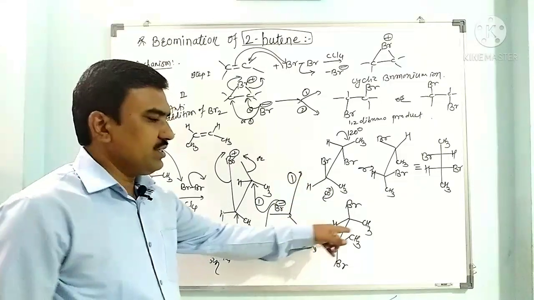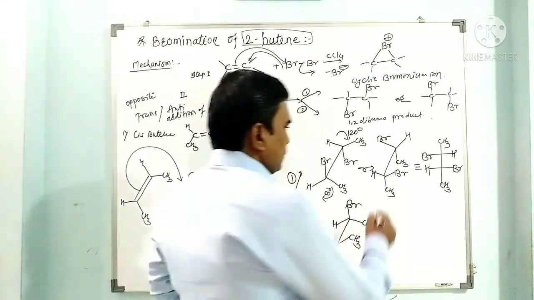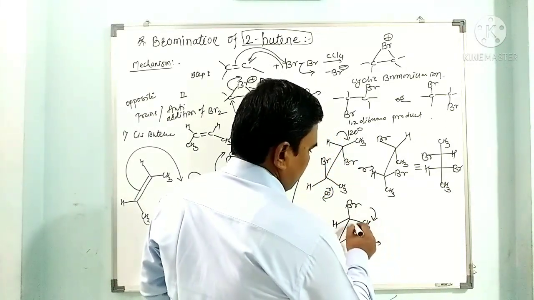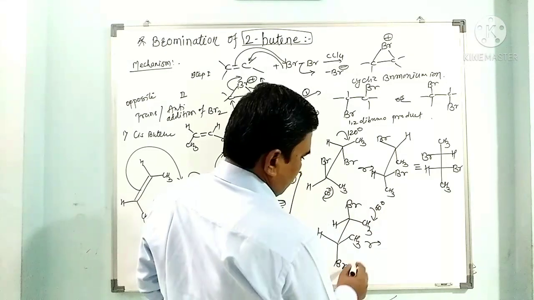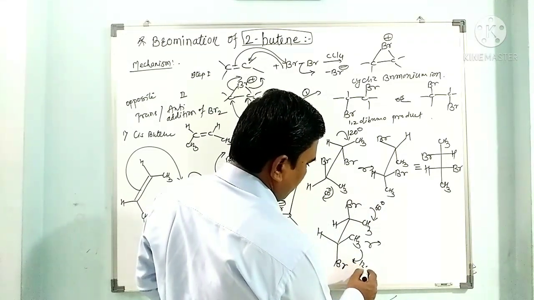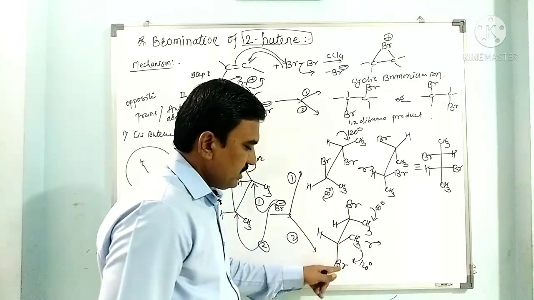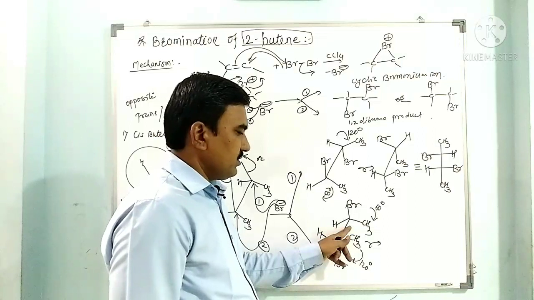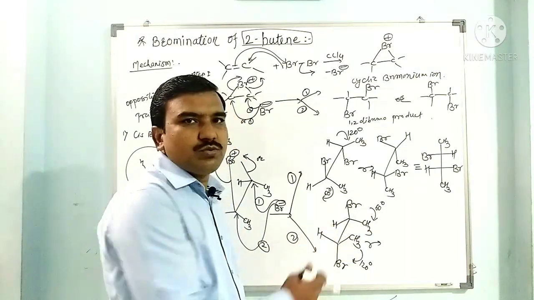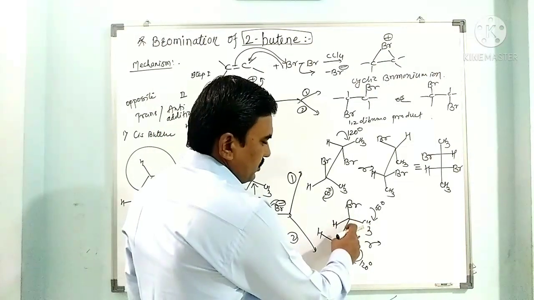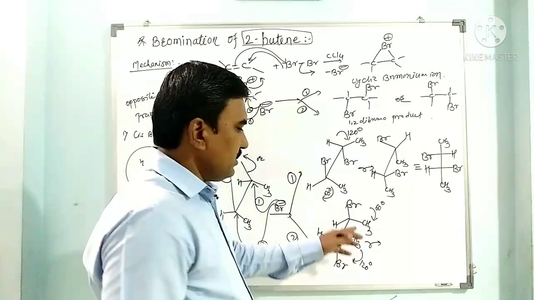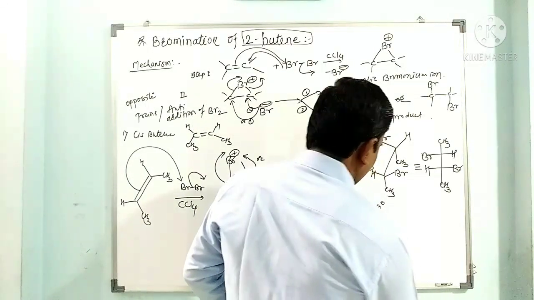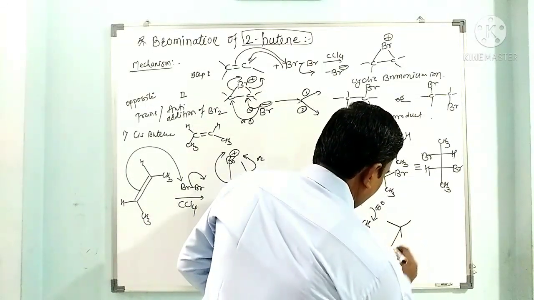So this is one of the isomers of the DL pair we obtain here of the 1,2-dibromobutane. Now the same way we have to represent this in this format. So I have to rotate this by 60 degrees and this by 120 degrees. Why? Because to place methyl here we must rotate it by 120 degrees. To place the methyl group here we have to rotate only by 60 degrees. So when we have to go to the next position, we must rotate by 120, and when we have to go to the center, the next to the next, it is 60 degrees. So we are having here this one.